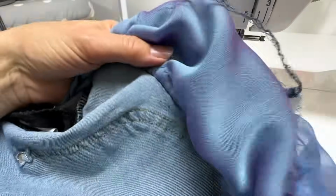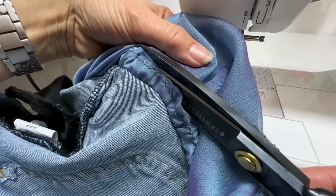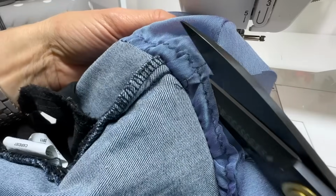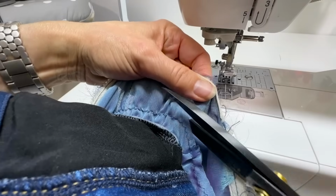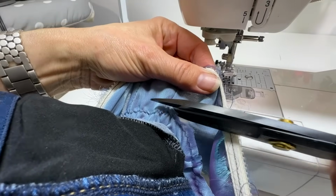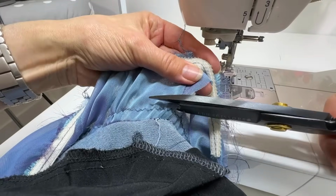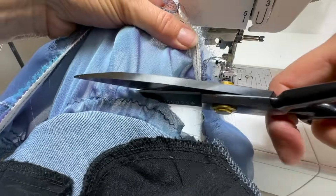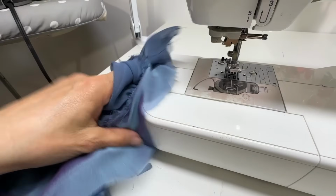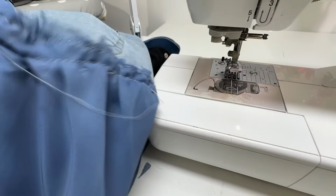So I think I'm safe to trim right beside my zigzag now. This is definitely a weird process. I don't think I've ever made anything quite like this before. It will be really easy to catch part of the skirt in here and make a big hole in it, so I am being quite careful, kind of pulling this excess away when I cut, so I know the skirt is nowhere near where I'm cutting. Okay, so this part is all gone,